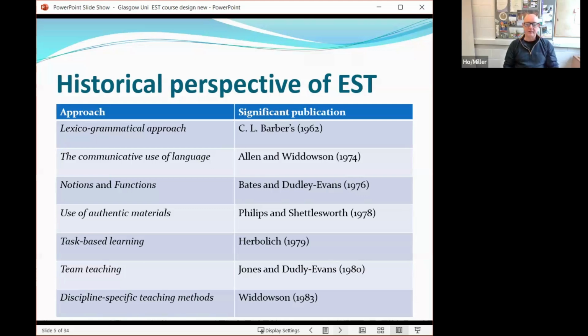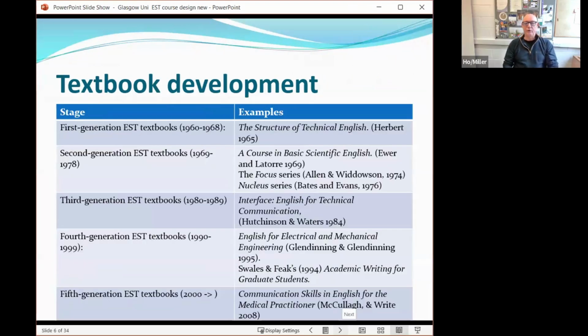And then 1980s, Widdowson started making us more aware of discipline-specific teaching methods. So that was examining how the professors in the disciplines were teaching their students and carrying over some of that into English language teaching as well. So if you look at textbook development, which I've done quite a lot of, you can actually see I've